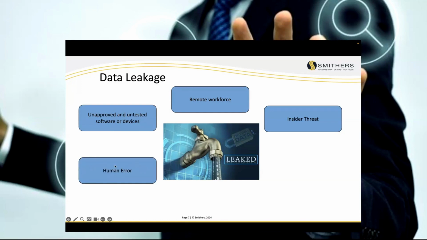Human error happens. About 25 to 30% of all cybersecurity breaches occur because of human error. And I consider a spear phishing, you click on the link, that's human error. You made a mistake. You did something you shouldn't have done. The other part of human error is your IT professionals or people who maintain your systems. They don't do simple things like, they get a new firewall, they install the new firewall, and somebody forgets to change the default password from admin password 123. They forget to change it.